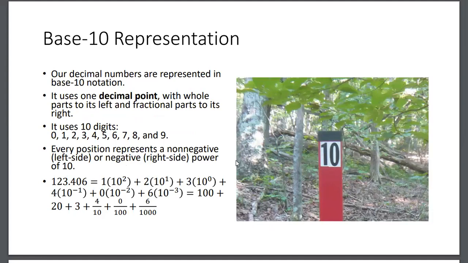Base 10 representation of numbers. Our decimal numbers are represented in base 10 notation. It uses one decimal point with whole parts to its left and fractional parts to its right. It uses 10 digits, 0, 1 through 9. Every position represents a non-negative power of 10 on the left side or a negative power of 10 on the right side, left side and right side relative to the decimal point. For example,